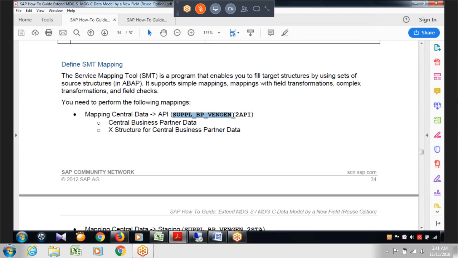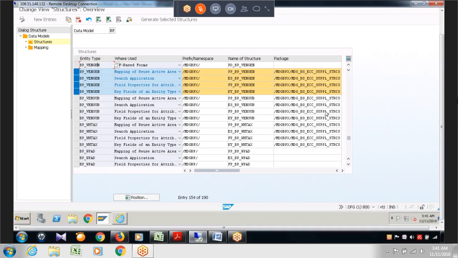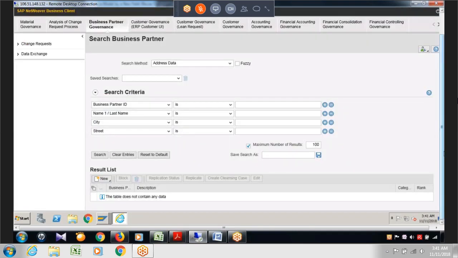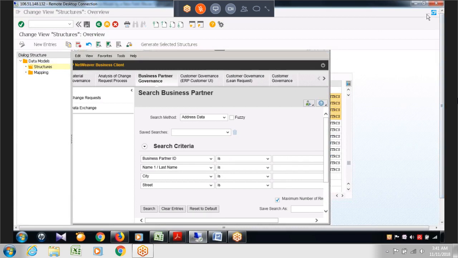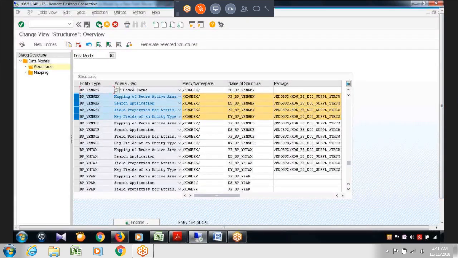Even if you don't look at the document, you can directly go. The easy way is